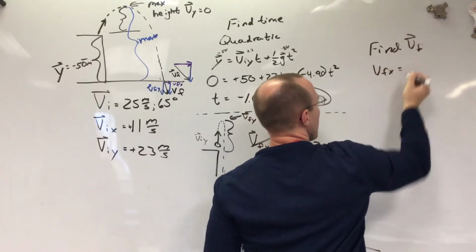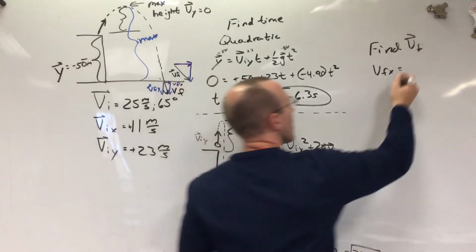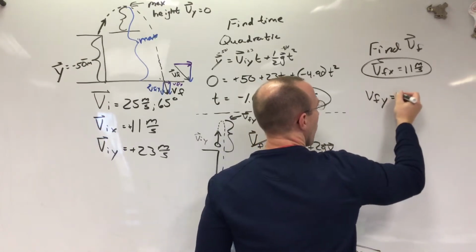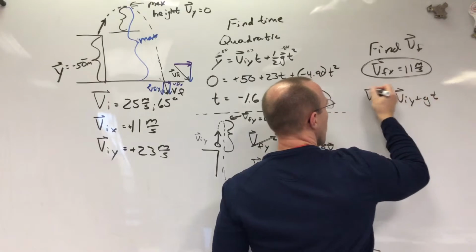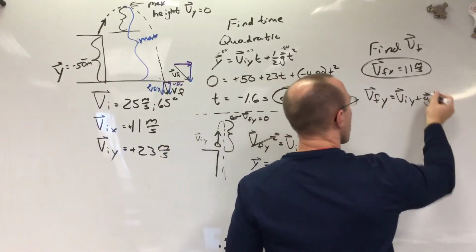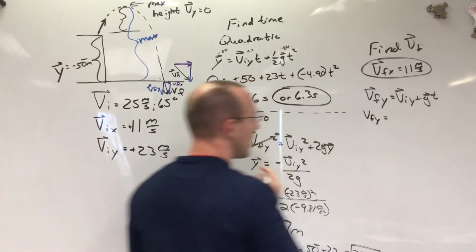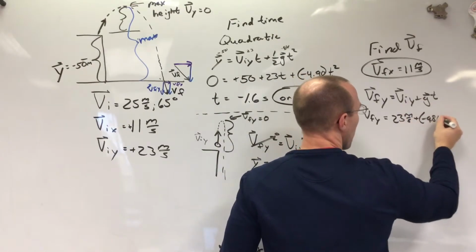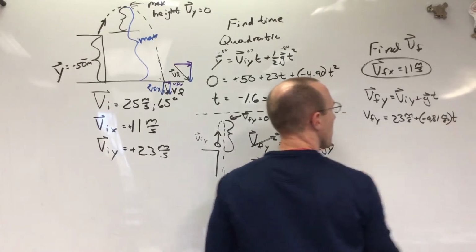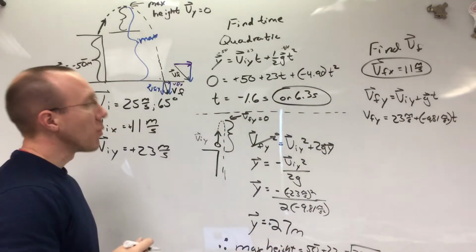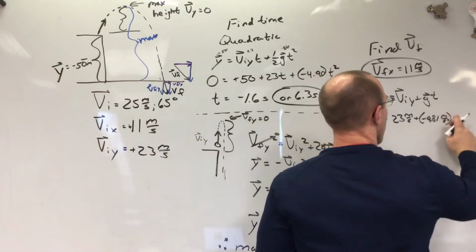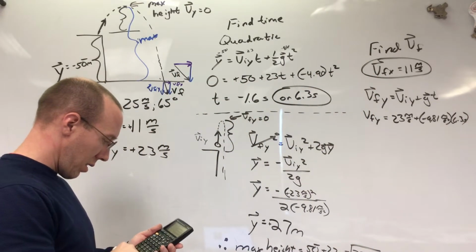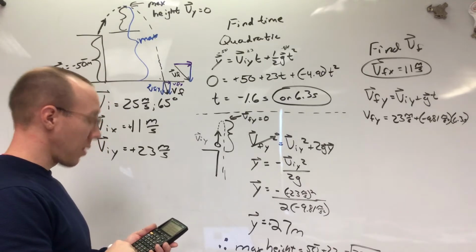We know that VFX is the same as VIX, so it's still going to be 11. We need that. And then we could find VFY by using what we call in class the first kinematic equation. So VFY is 23, VIY, plus negative 9.81 times time. And I hope this is fitting on the screen. And the time, we can put time in: 6.3 seconds. So 23 plus negative 9.81 times 6.3,